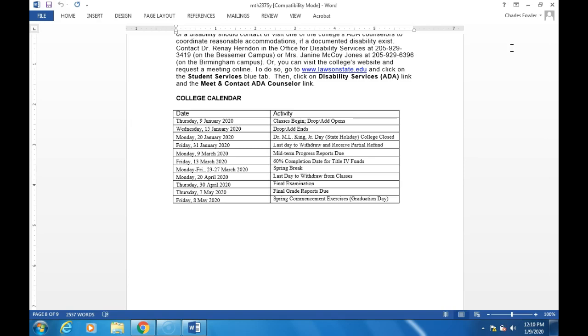Now, I'm going through this pretty quickly because I know you've heard it before, and I doubt either one of you is planning to withdraw. But if either of you is on federal financial assistance, that will pay for you to retake a class once, but not twice. I can't imagine either one of you getting into a situation where you get so far behind you can't possibly pull out a passing grade. But if that were to happen,